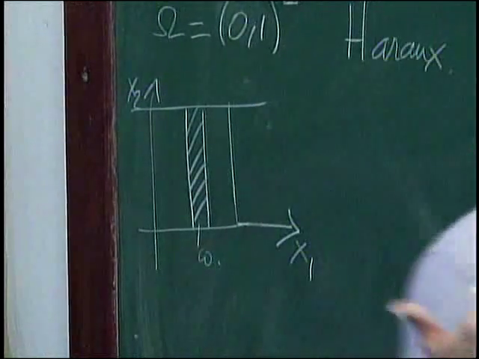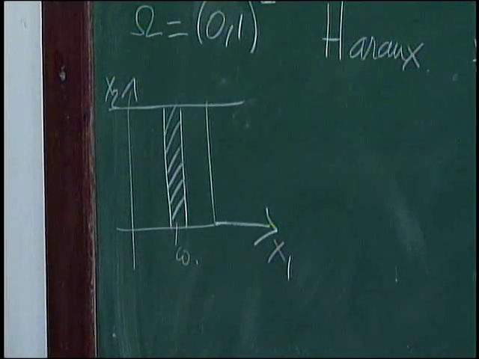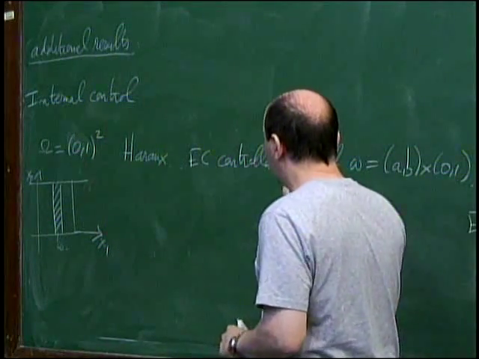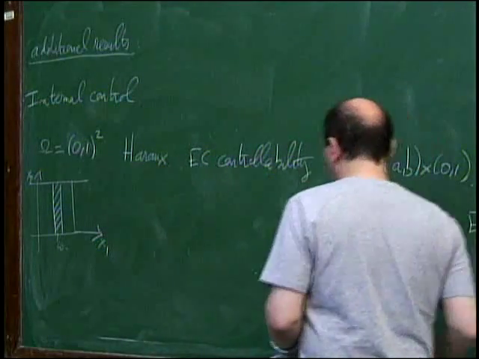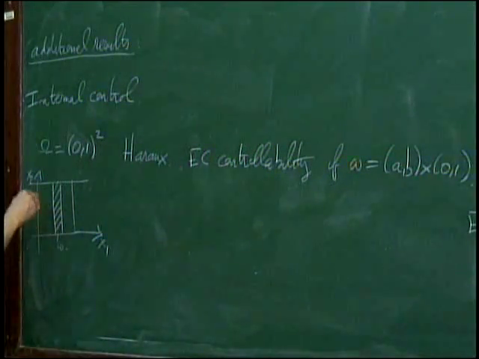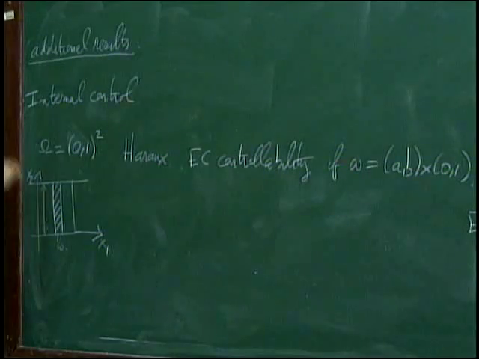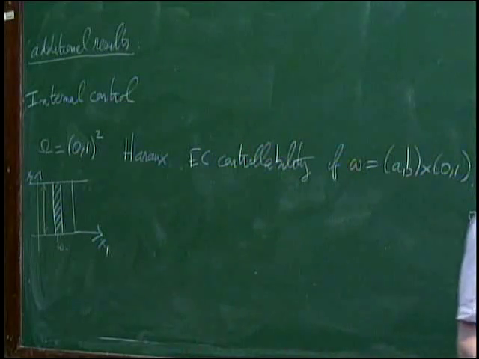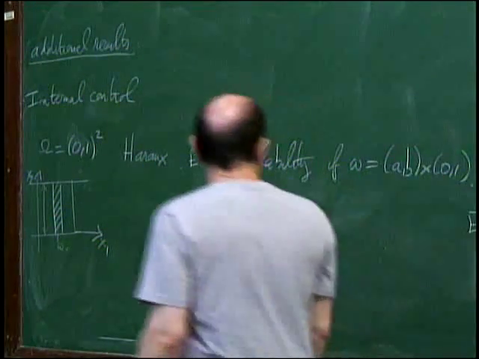Okay. So it was a big surprise at this time because people were convinced that the control property of Schrödinger were exactly the same as for the wave, but it is not the case. And so I will prove that by using Ingham's lemma, this kind of stuff. And so this thing, of course, is not controllable for the wave equation because you have trapped rays. You have rays that are bounced indefinitely without meeting the control region. So the wave equation is not controllable with this kind of control region, but Schrödinger equation is. So it was a big surprise.